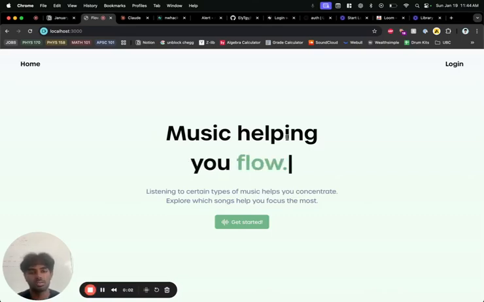Have you ever had struggles focusing on your work because maybe the music that you're listening to is super distracting, and you wanted to figure out what exactly were the genres that would best help you have a productive day? This is the app for you. We've made Flowcus, which is a way of figuring out exactly what music you need to make your day productive